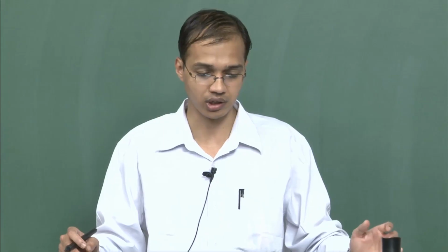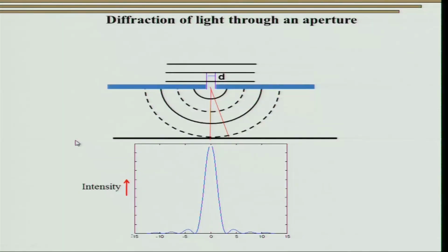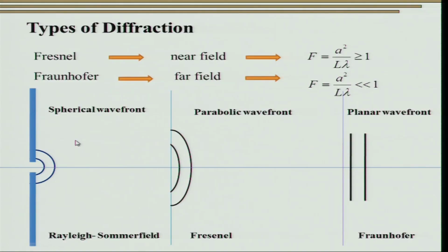This is what has been shown in the first part, wherein we can see how a spherical wavefront forms from the aperture. However, as we move far away, as the distance from the aperture increases, we see that the wavefront becomes parabolic. This is the regime of what is known as Fresnel diffraction, the condition for which is given right over there, wherein F is equal to a squared by L lambda, that is greater than or equal